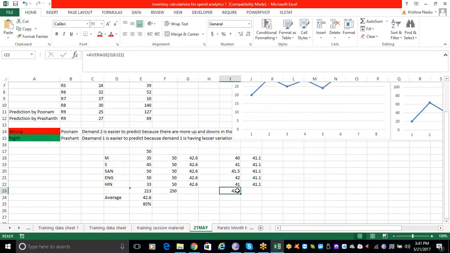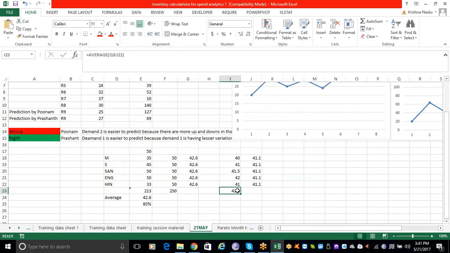What is the next demand? In the R9 case, what is the next demand? The next demand you can directly predict by using an average. You can only use the average if the numbers are very close to each other. What is the meaning of numbers being very close to each other? If you draw a trend graph or a line graph,